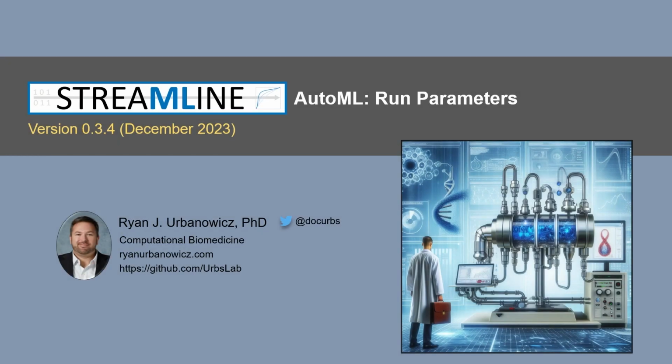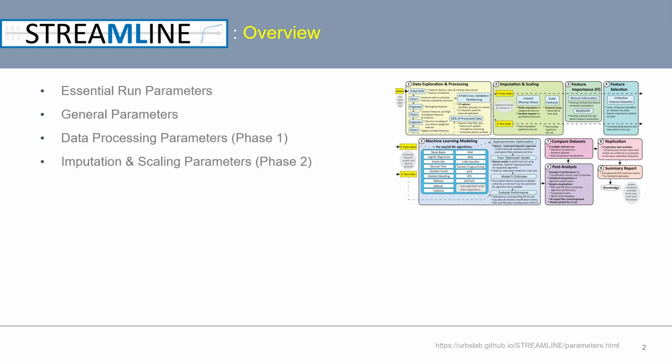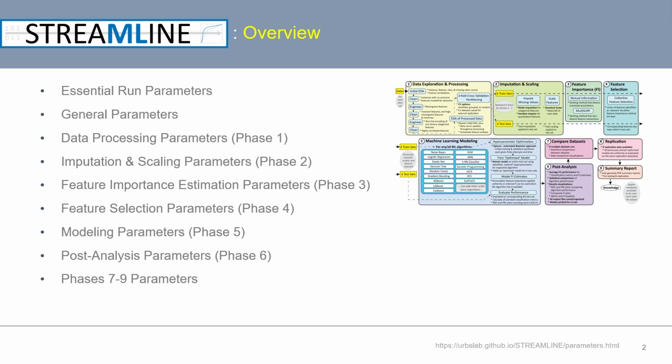Welcome. This video will review available run parameters within the STREAMLINE automated machine learning tool, as well as their default values. We'll cover these run parameters grouped as follows: essential run parameters, general run parameters, data processing parameters from phase 1, imputation and scaling parameters from phase 2, feature importance estimation parameters from phase 3, feature selection parameters from phase 4, modeling parameters from phase 5, post-analysis parameters from phase 6, additional parameters between phases 7 and 9, and other